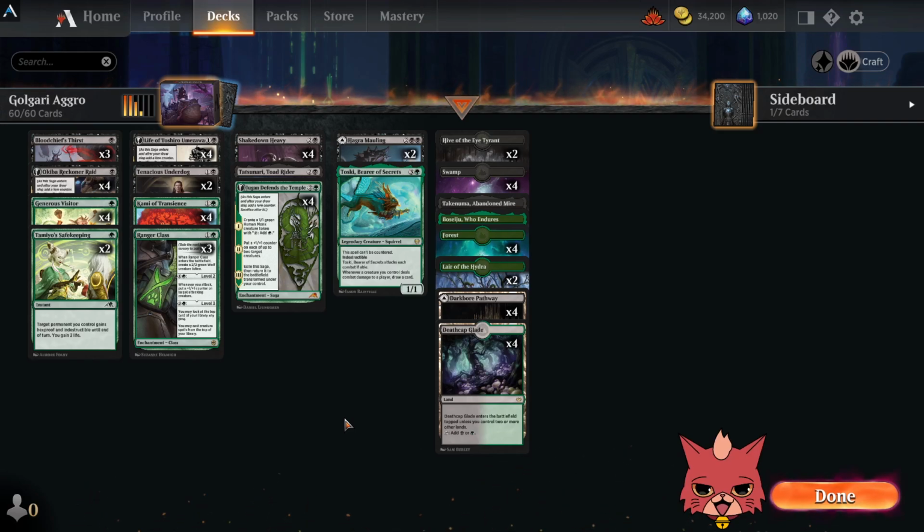Alrighty guys, we're back for some Golgari aggro, and this is a Streets of New Capenna standard build. We're going to go over the deck, then hop right into some ranked, but first things first, for anyone who